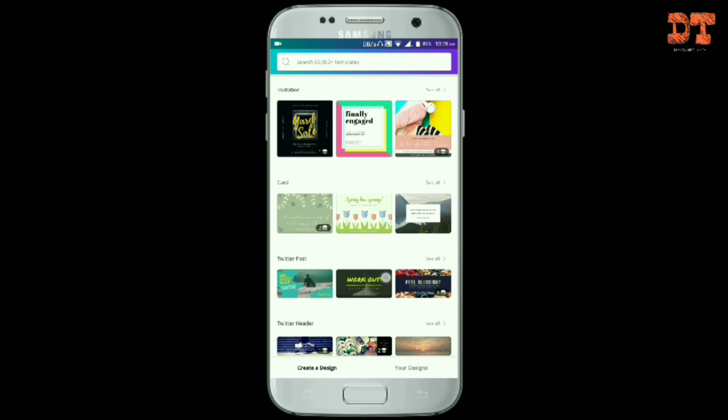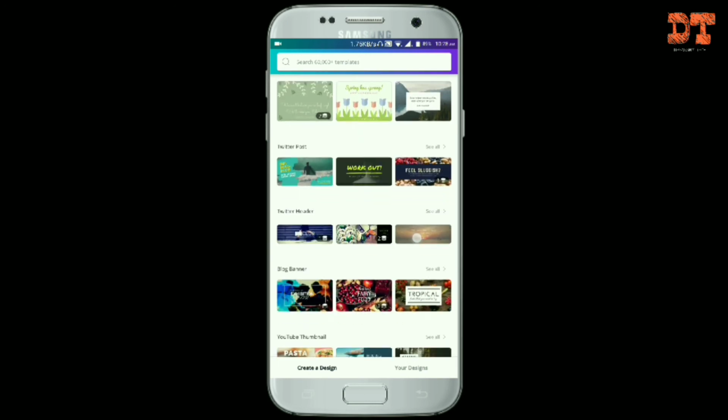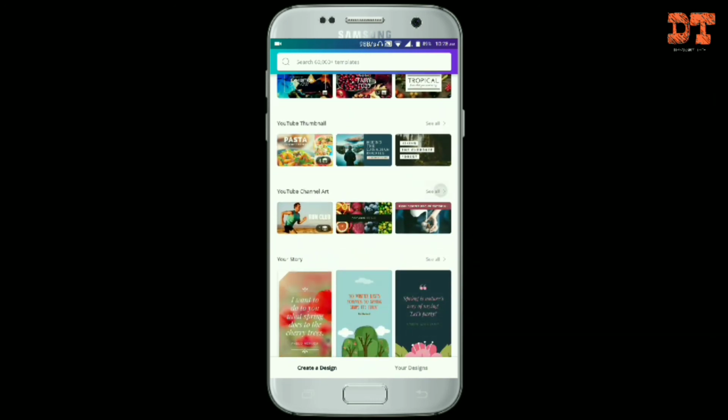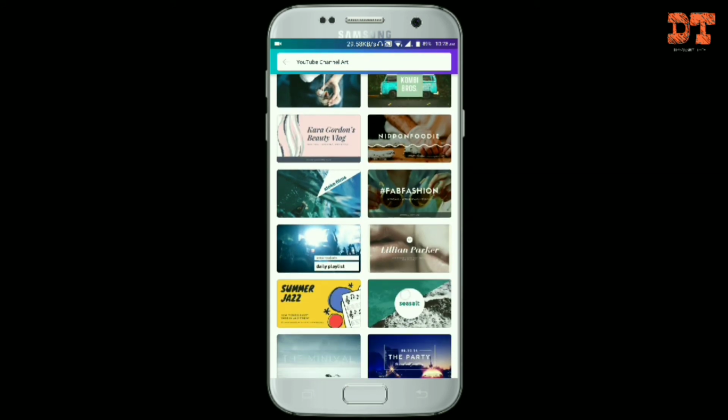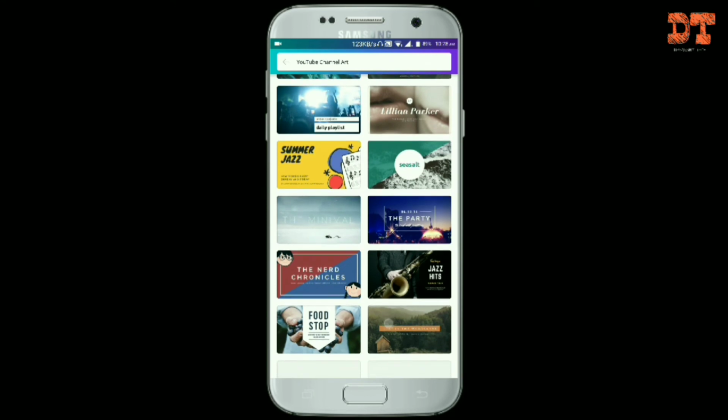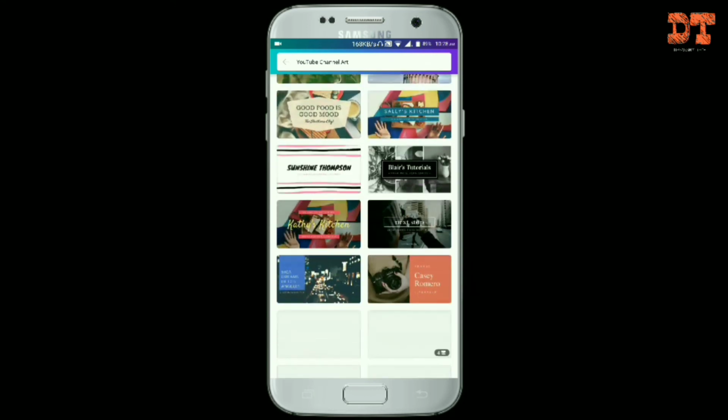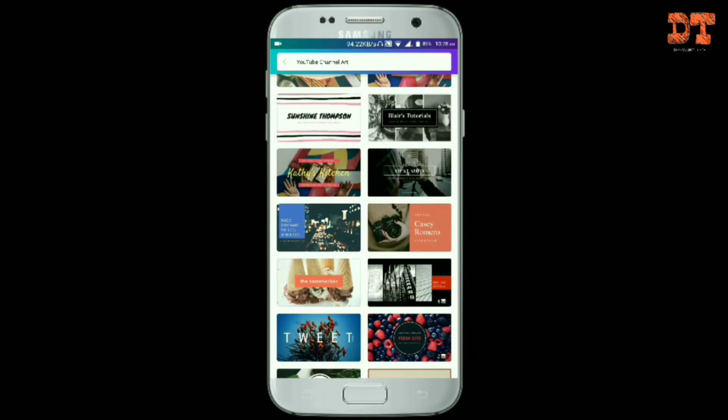Now you can make many things using this application, like stories and YouTube channel art for your channel. This is a very good application. First there is its website, and you can do it from there also, but now they have released some